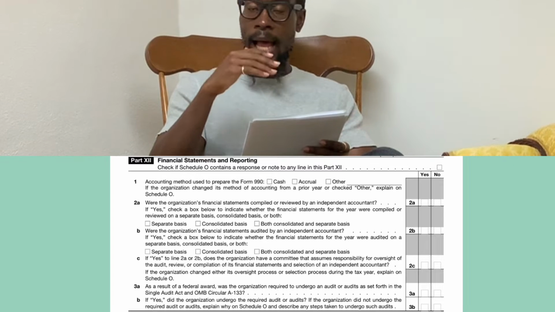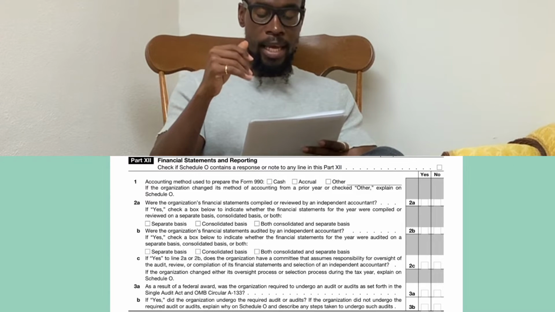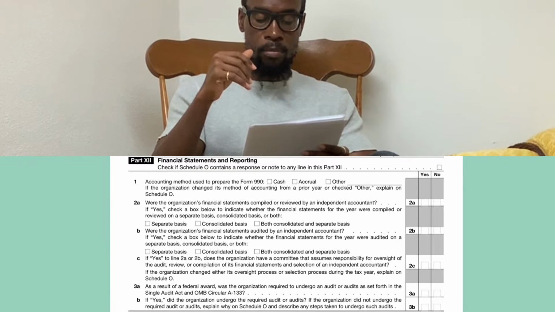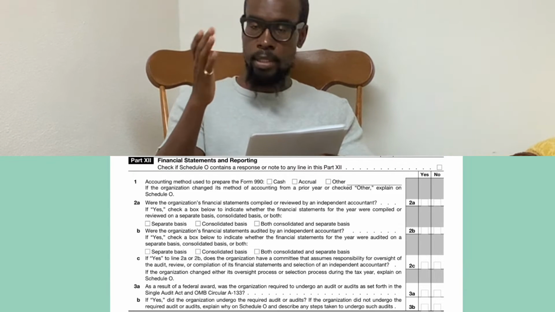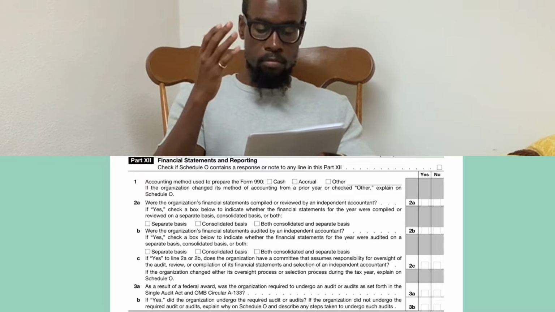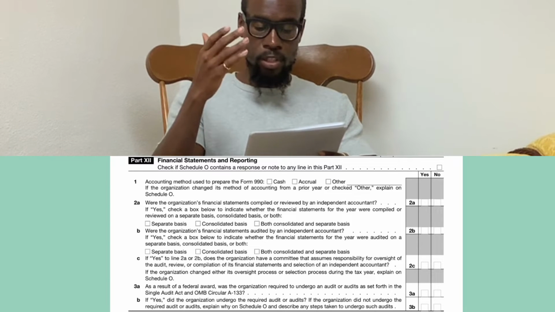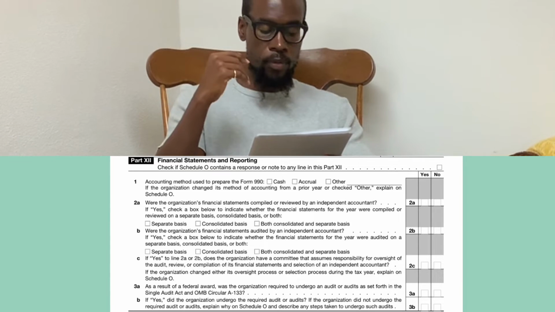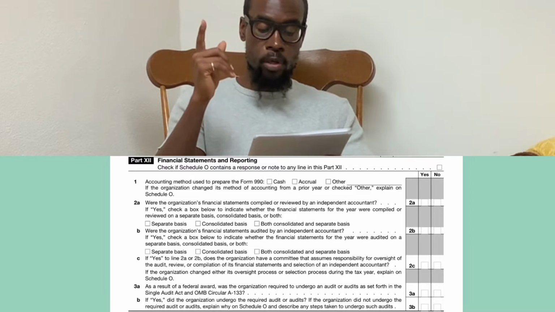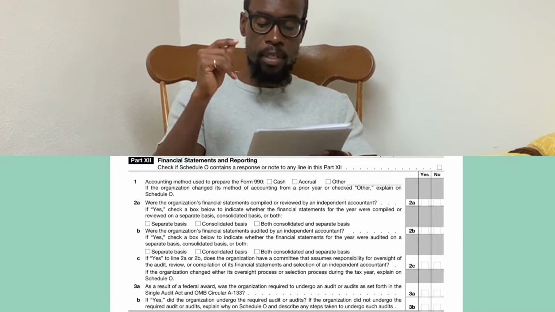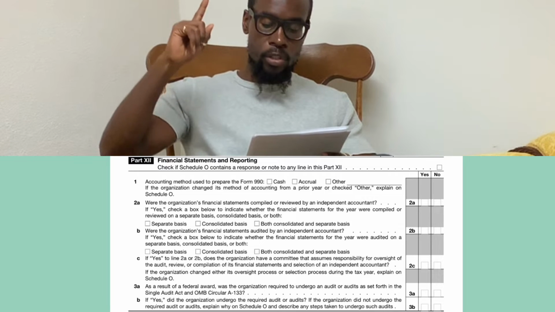Again, trying to understand if you're aligned to a professional, a CPA or a tax professional. This one it has to be a CPA because they're the ones with the licensure to be able to do audits and reviews. 2C says, if yes to line 2A or 2B, does the organization have a committee that assumes